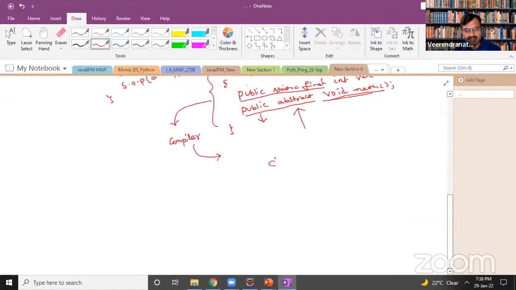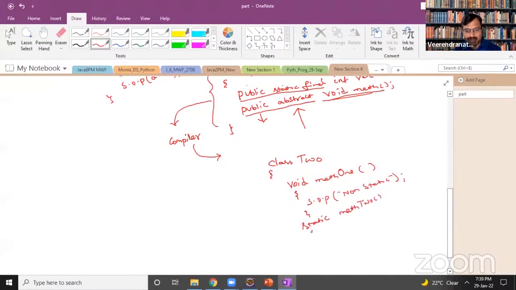Let's say I will create a class, class 2, and I will create a method, void method 1, and let me write system.out.println non-static. And here I will write static method 2, and let me go for system.out.println static.